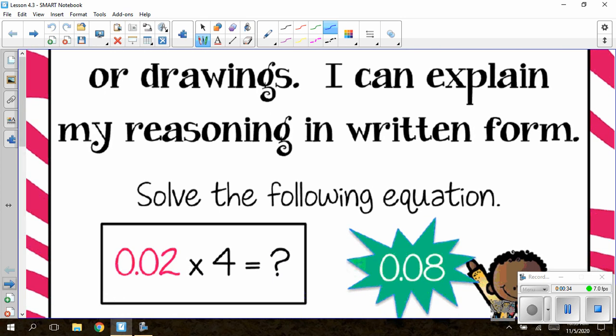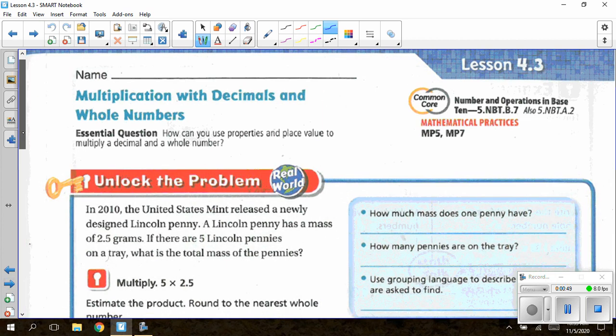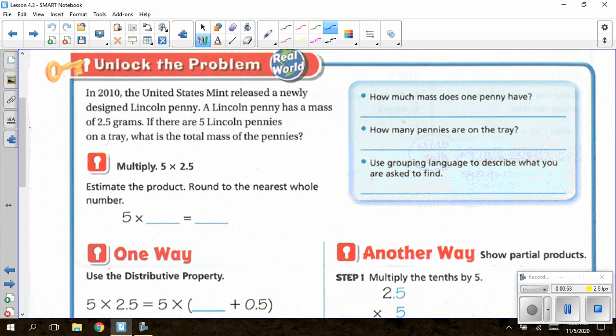So, ladies and gentlemen, today we are going to be multiplying a whole number by a decimal. And our essential question is asking, how can you use properties and place values to multiply a decimal and a whole number? Our first question we are going to start with today under Unlock the Problem says, in 2010, the